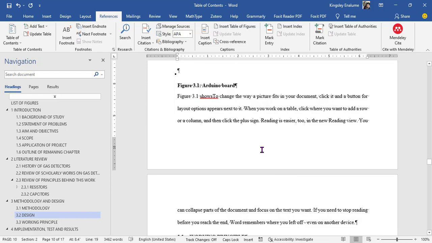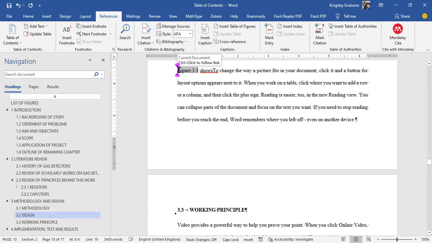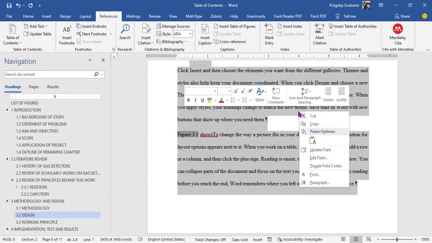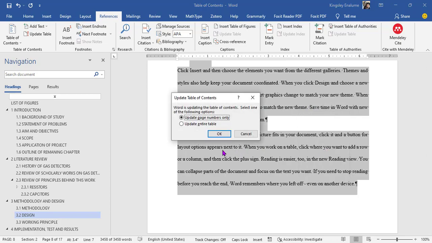After deleting that figure, all you need to do is just highlight the body of your work, right click, and update field. It will just update your work. And anywhere you use that figure 3.1 as a cross-reference, it will highlight it as error for you to easily